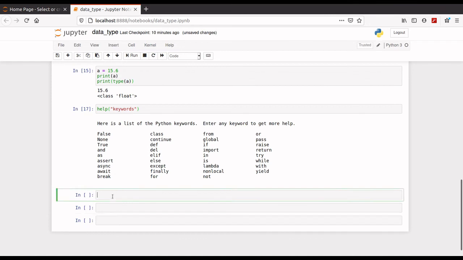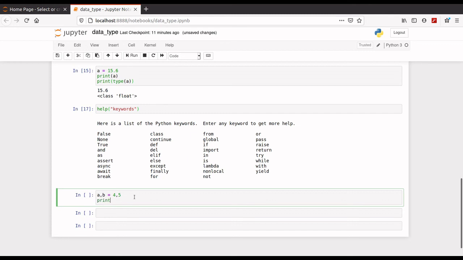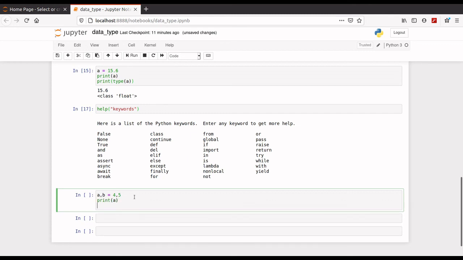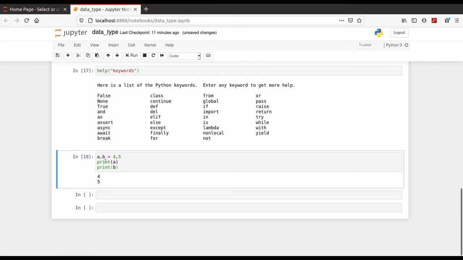So in Python you can also use multiple assignment while you are assigning variables. Like you can assign like this, 4, 5. You can assign this, just print A and print B. Yeah, look, here the value is assigned individually.